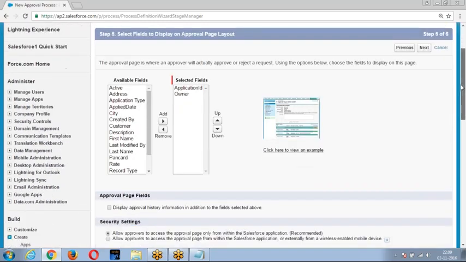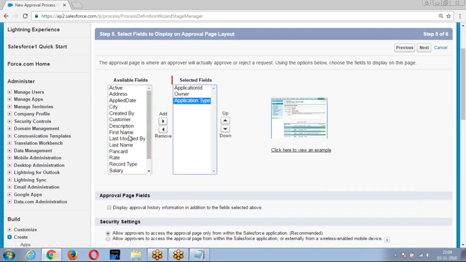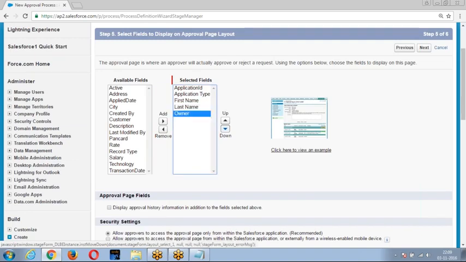Choose the list of fields you want to display on the approval page. So I want to show first name, last name, application type, application ID, owner. I want to show the following fields.